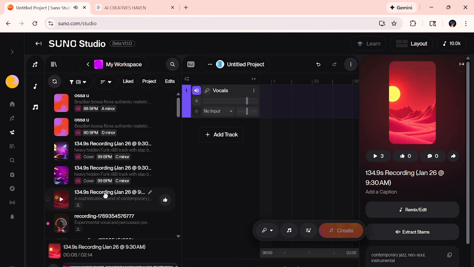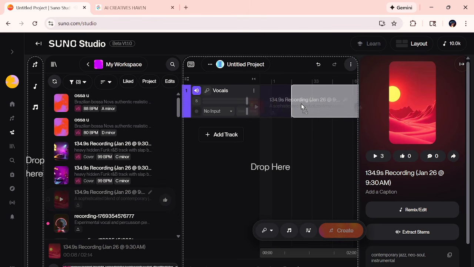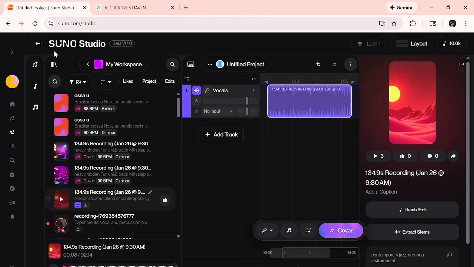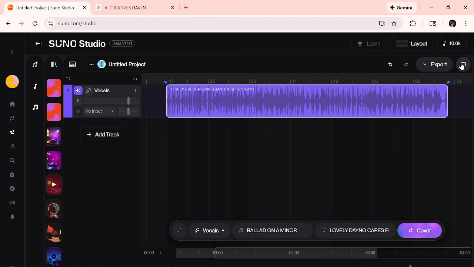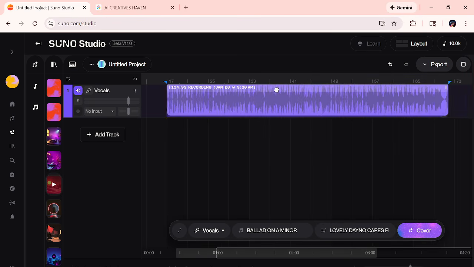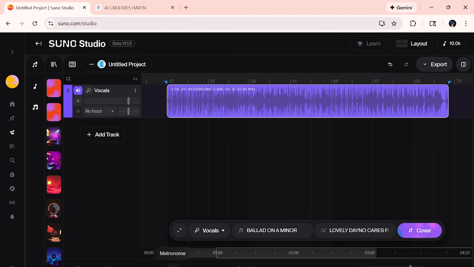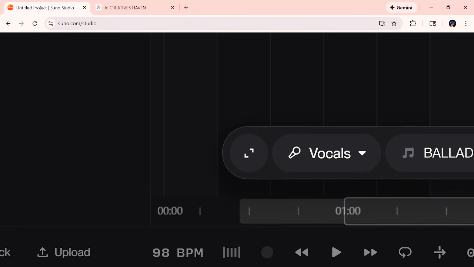So this is me playing on the keyboard. I'm just going to drag it straight into Studio. I'm going to maximize so that I just see Studio. And I am going to go into the tempo here. Now this is where it gets a little bit tricky. Over here in tempo,